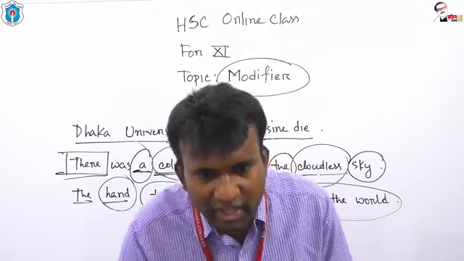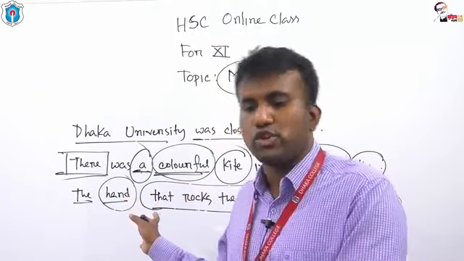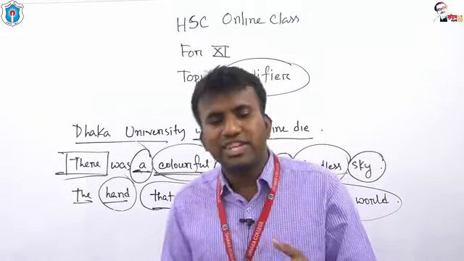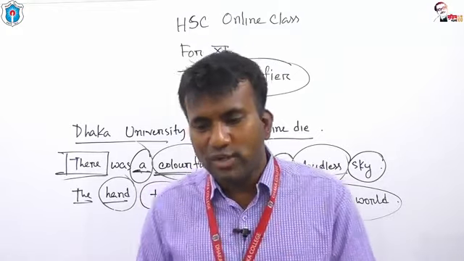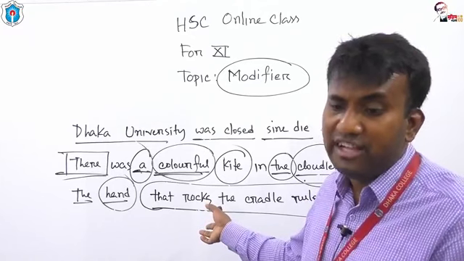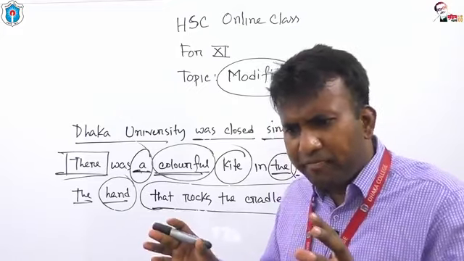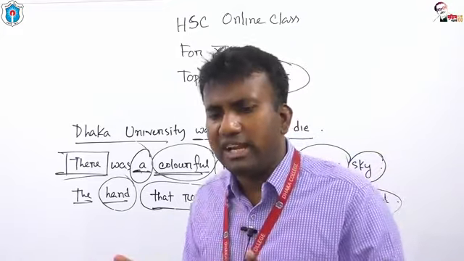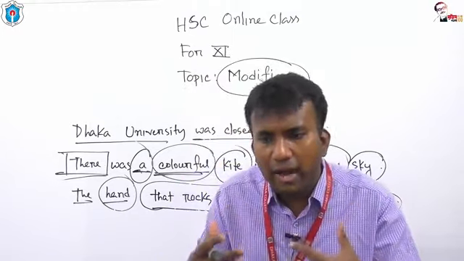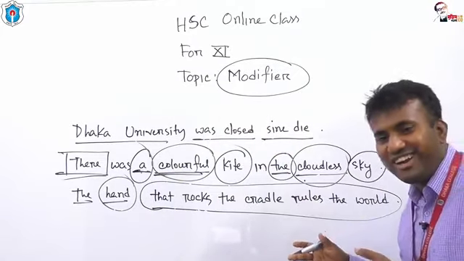Alamin, what is the Bengali meaning of rock? The full meaning of this sentence, je hat dolna dolai she hat bishwa shashon kore. The hand that rocks the cradle rules the world. Actually, this sentence reveals the role of a mother. A mother beautifully nurtures or guides a family. At the same time, a mother plays a prominent role in building up our civilization. That's why I can say the hand that rocks the cradle rules the world.